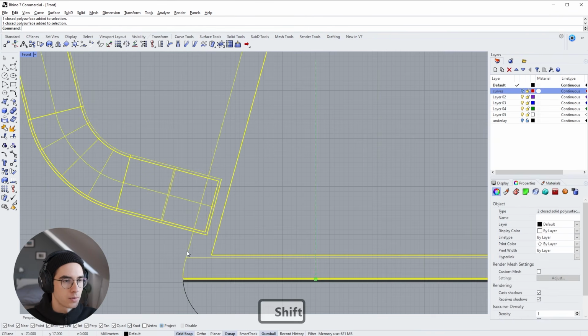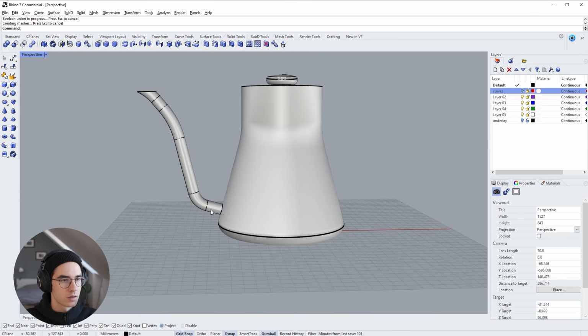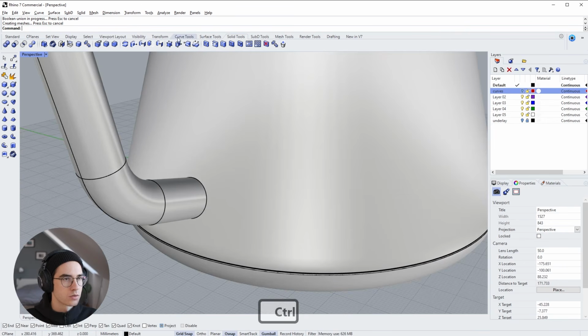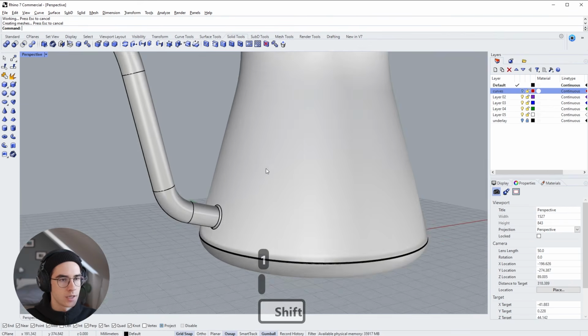So now select both of those volumes, go to Solid Tools and Boolean Union. So you will see that this inside disappears. If we wouldn't have done this, we would have some parts of the spout shooting out here, so we don't want this. Now in the 3D mode, we can go to Solid Tools, Fillet, and fillet this edge. And I think I'm gonna fillet it with 1 millimeter. So type in 1, select the edge, right click, and this should be